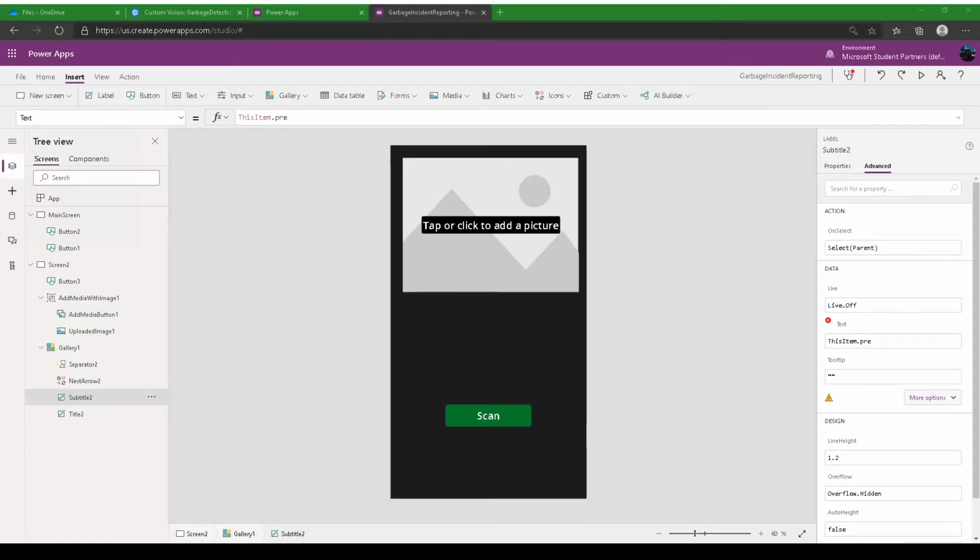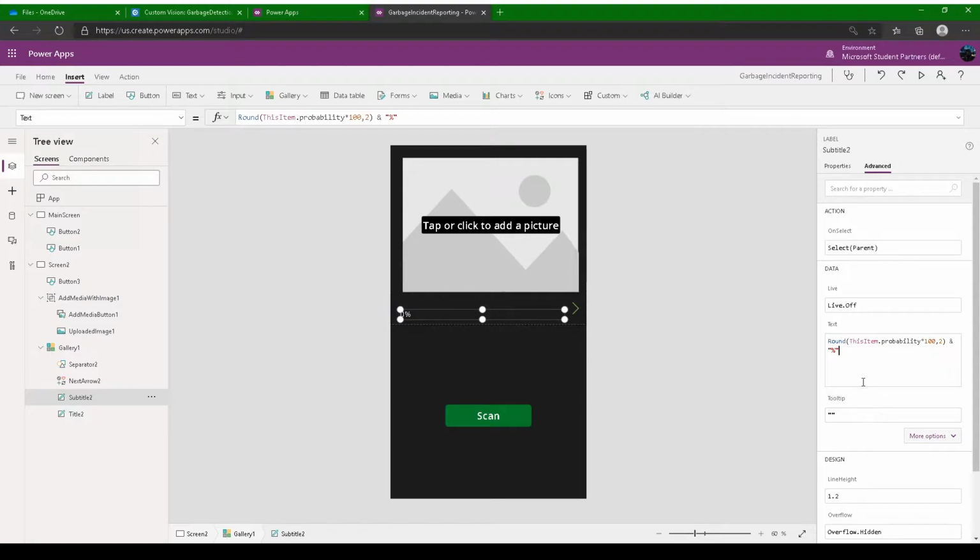Hold on, let me think. Okay, I did copy it because I know I'd forget. So here you go: ThisItem.probability, I would multiply by 100, shorten it to 2 decimal places and round it off. Okay, so this is the formula.